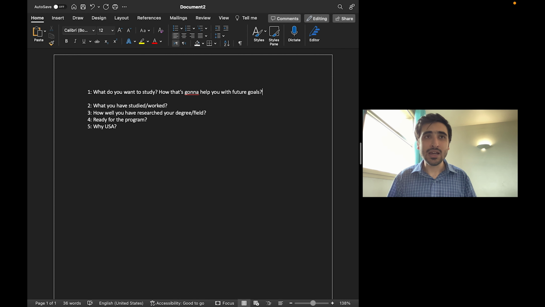And remember that the limit is 750 words, so you cannot spend the whole time here, and you have to contribute to other things as well. So keep it short, and though it's not a personal statement, it's a research statement, so it should be related to the education, to the studies, to the master's or PhD program you are aiming for.